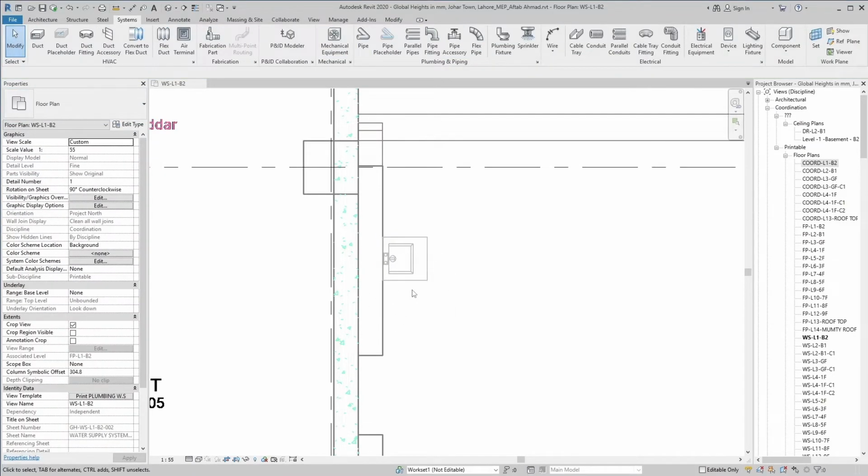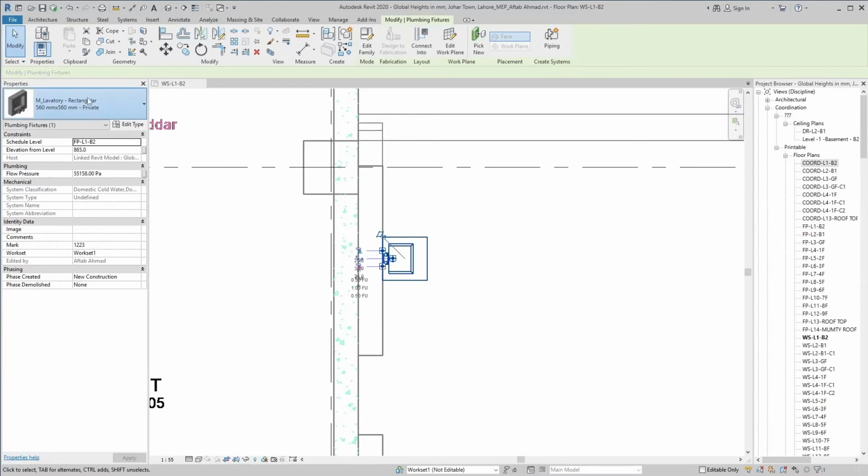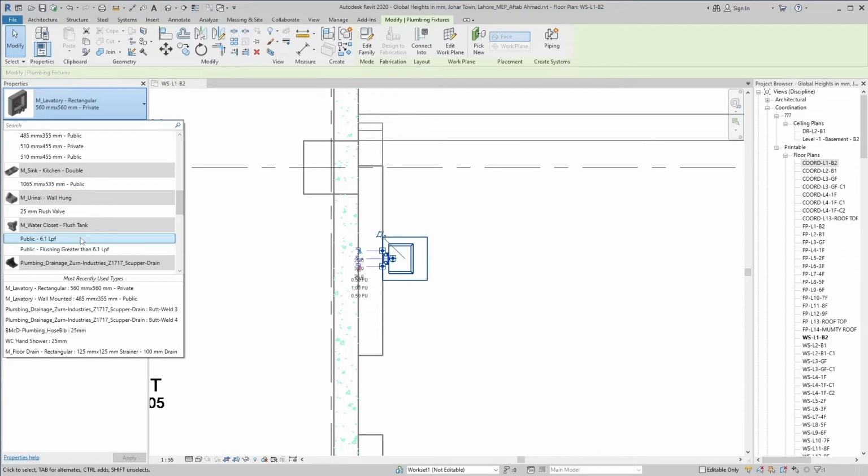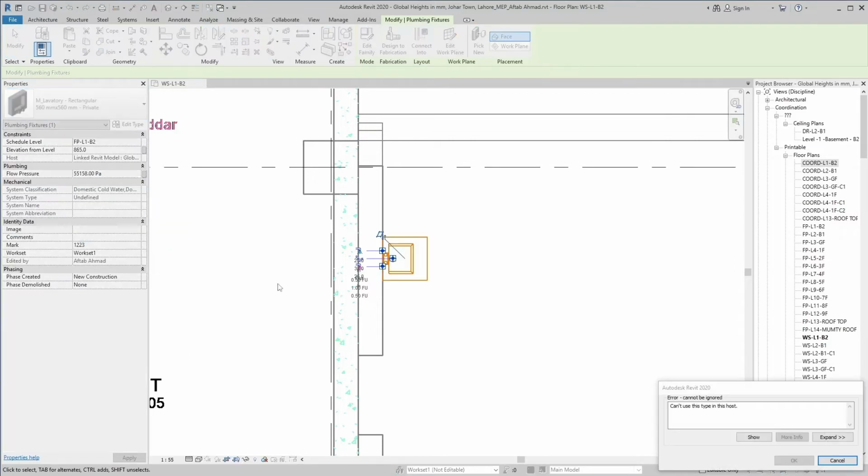Now we will try to change the wall-mounted lavatory with a floor-standing water closet using the type selector. It gave a family host error and did not change the family.